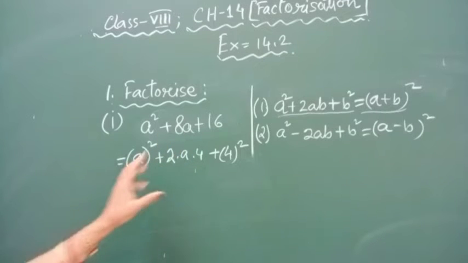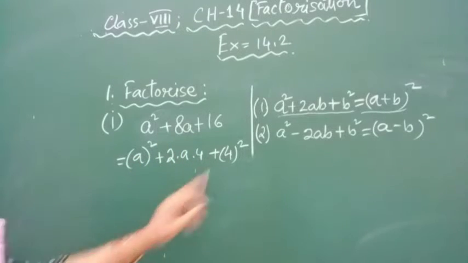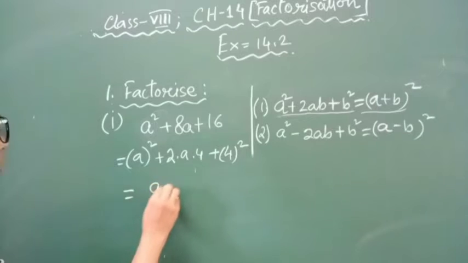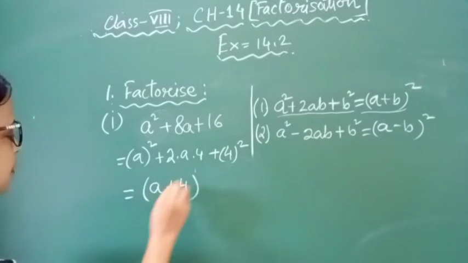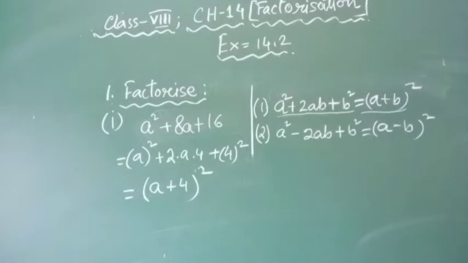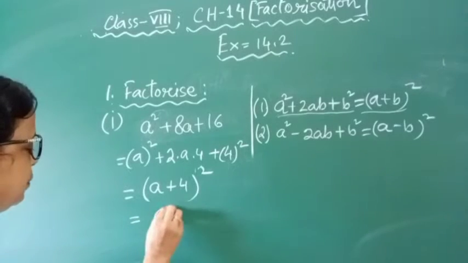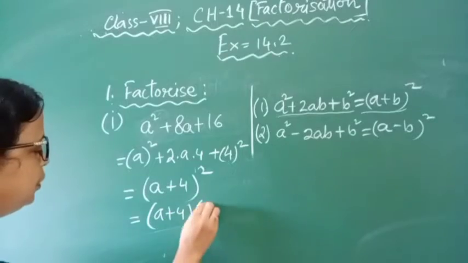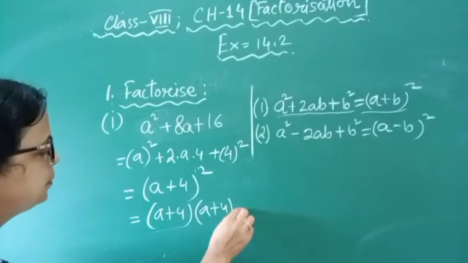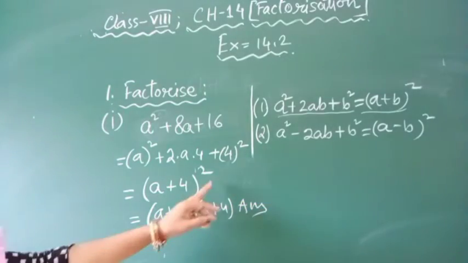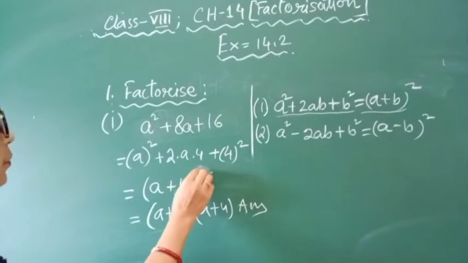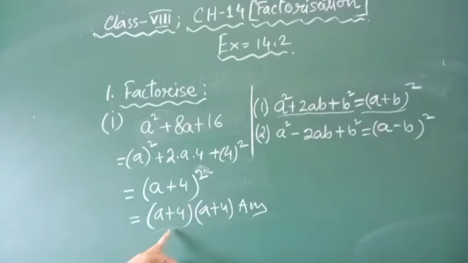So directly I can write it is a square plus 2ab plus b square. So can I write a plus 4 whole square? So this is the sum only, a plus 4 whole square, or we can write a plus 4 into a plus 4, 2 times. If you complete your sum here, you can give the answer from here only. And if you want to write it 2 times, this is also correct. So come to the next sum.